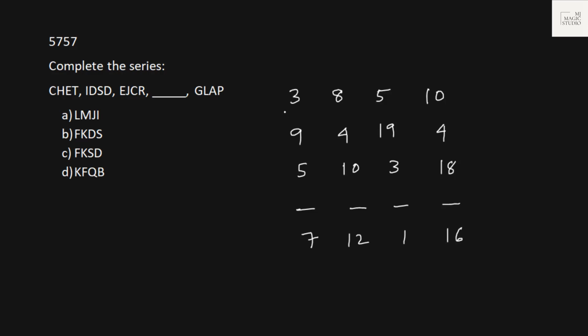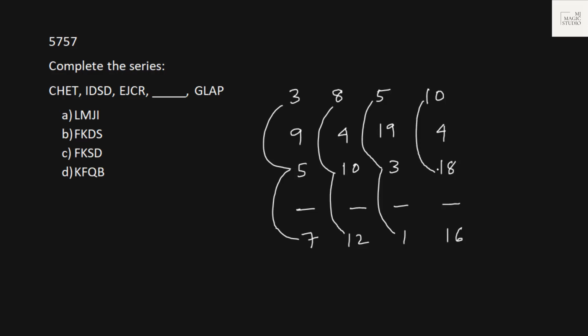Okay. 3, 5. If I go like this, it is plus 2, plus 2. Minus 2, minus 2. This is plus 8, and 18 plus 8. Not working. T to R. R is 18, and then we have P, that is 16, minus 2. That is plus 8, minus 2.